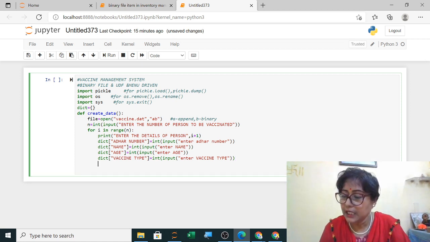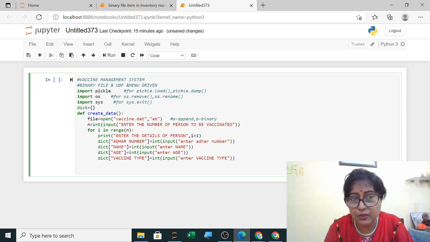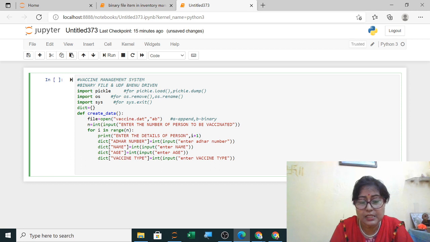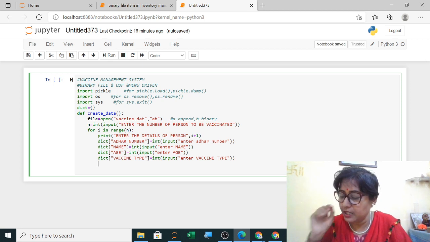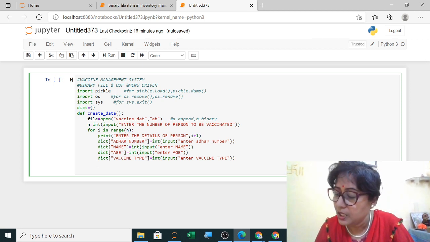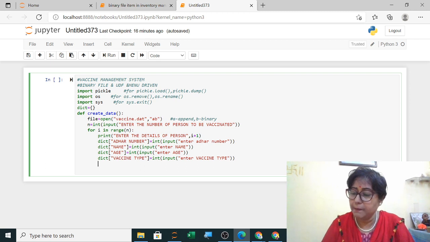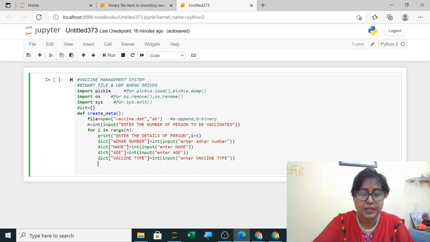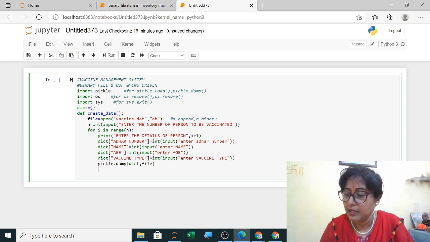Now automatically it has been stored in dictionary, but if I use list here, I have to use list for all the data and then the append function I have to use. So here I have used dictionary. Second one I will show using list. Now you will use here pickle.dump and this dictionary in a file. Dump is used to write, and then what you want to write, dictionary you want to write, where you want to write, file. So you have written in that file. After using dump method, your task is over.